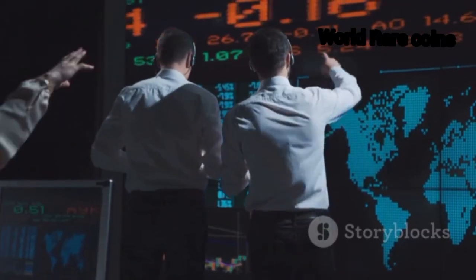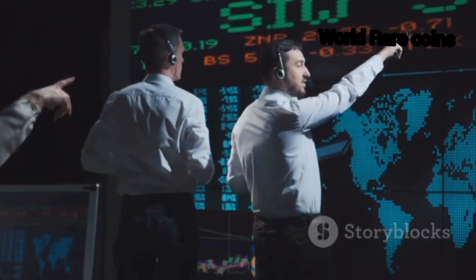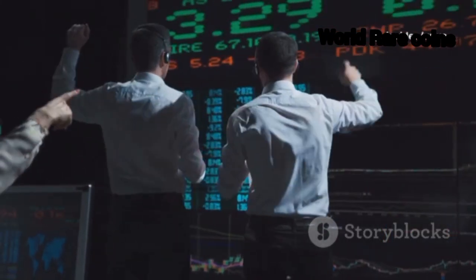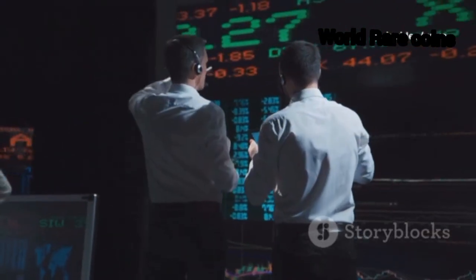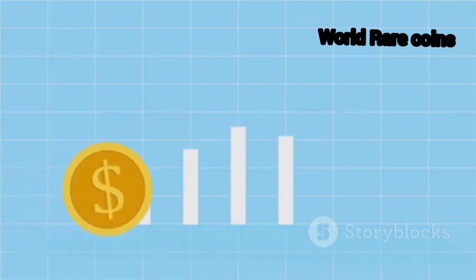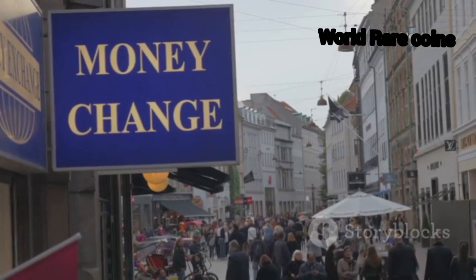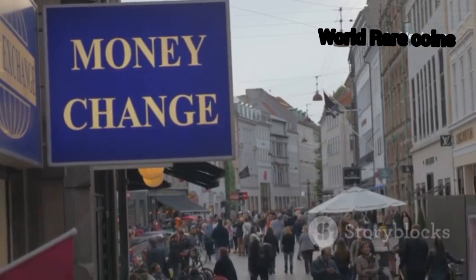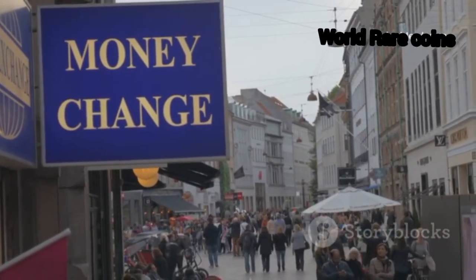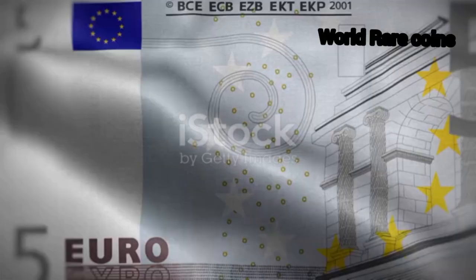Today, the US dollar is the most traded currency in the world, accounting for nearly 90% of Forex transactions. It's a symbol of economic power and stability, but it's also faced challenges: inflation, debt crises, and debates over its future role. Still, whether you're in New York, Tokyo, or Dubai, the greenback is never far from reach, a testament to its enduring influence.